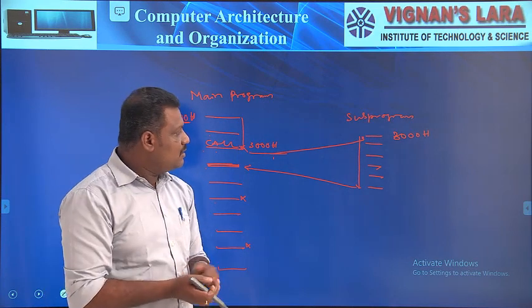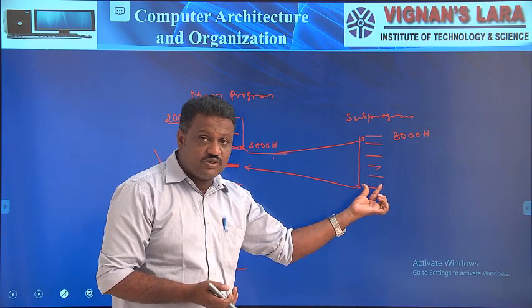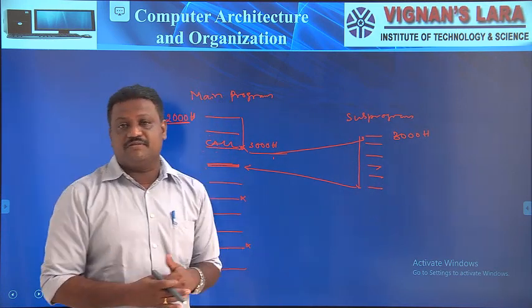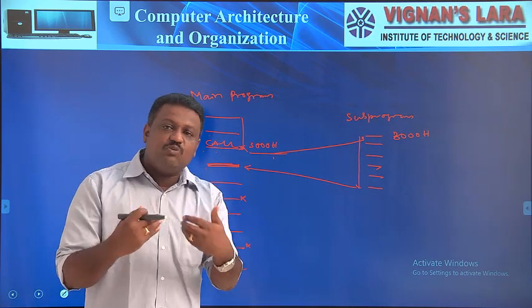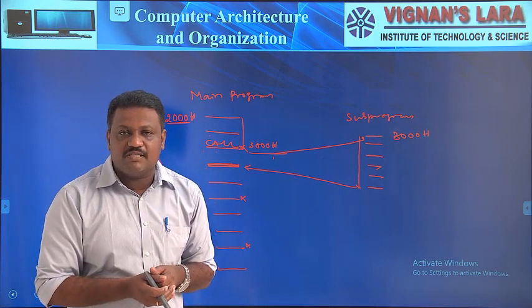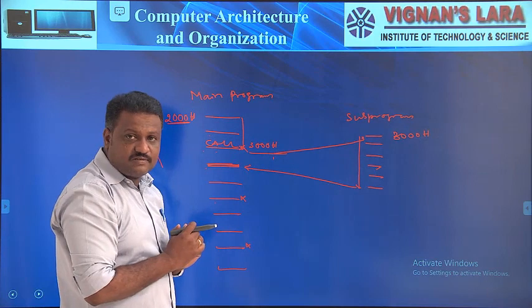That means, at the end of this instruction execution, internally what I have to do is a pop operation. That means again I retrieve whatever information I previously stored on the stack, the same information I retrieve from the stack. Then and only then is my execution shifted back to this.